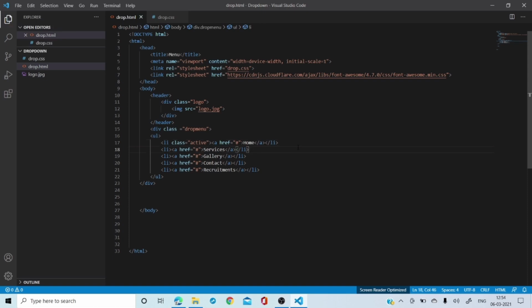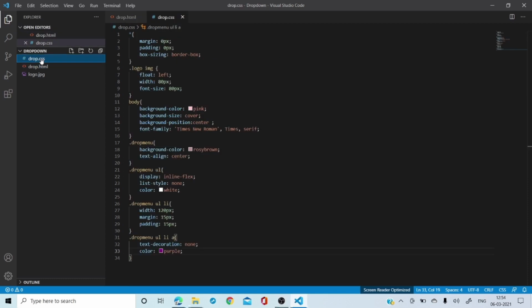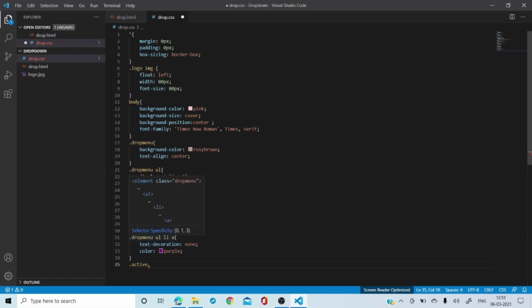This is what I want here. Okay, so I'll go here. I have created one class over there, so now I'm going to write here active, right? Then comma, then what is the next thing you're going to write? Same thing, you have to copy this from here.